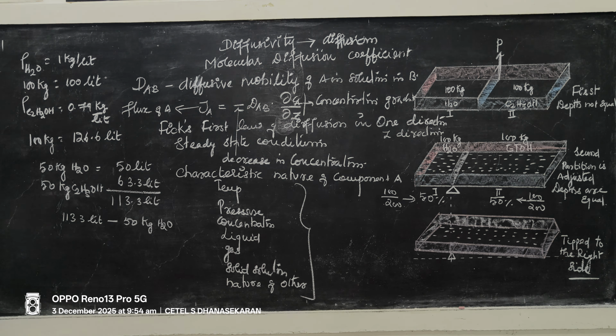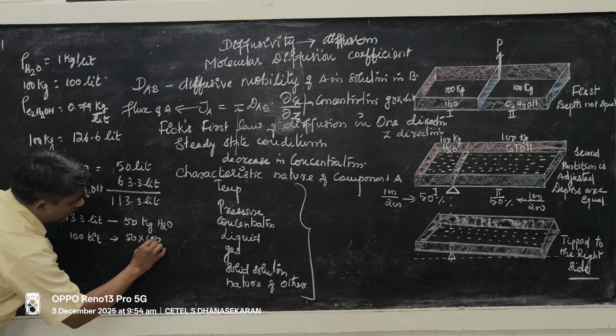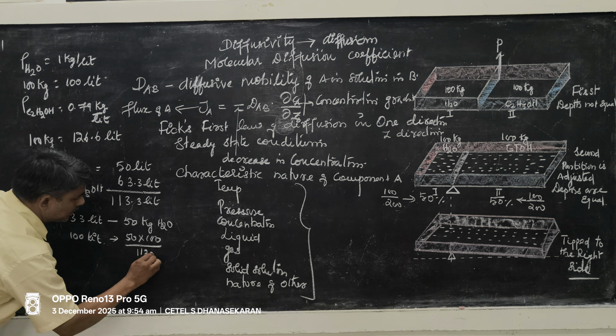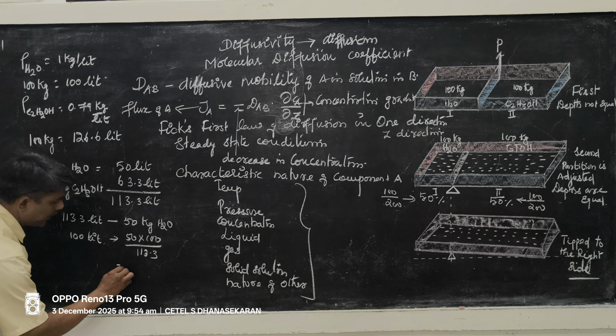Already it contains 100 liter. If it is 100 liter, what about the amount of water? So 50 into 100 divided by 113.3. So near about 44.08,